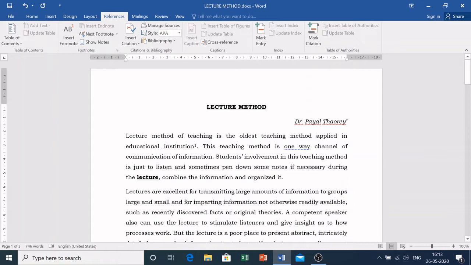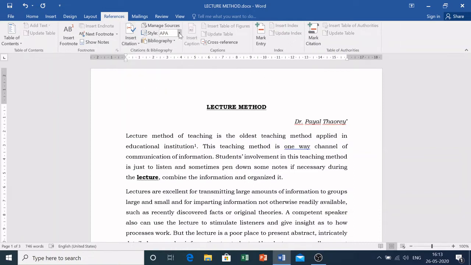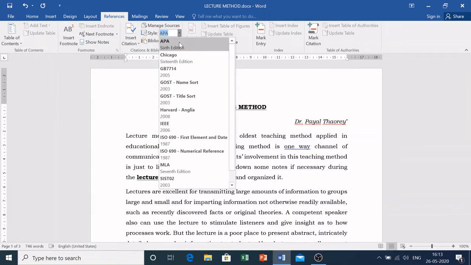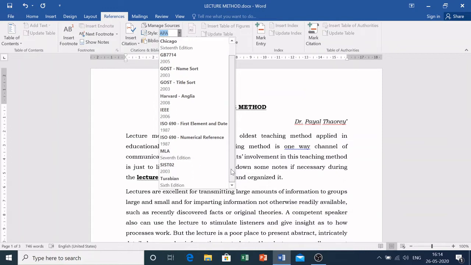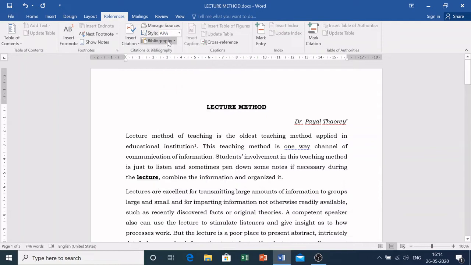Another most interesting feature which we have here is this, that is the manage source, styling, bibliography, and then insert citation. Now if you see, when we click on here, there are various fixed styles which have already been provided by Windows 10, to which we can stick. So we will automatically get the standard styling of these citations once you put the information. For example, if there is this APA style which is there, now I have to